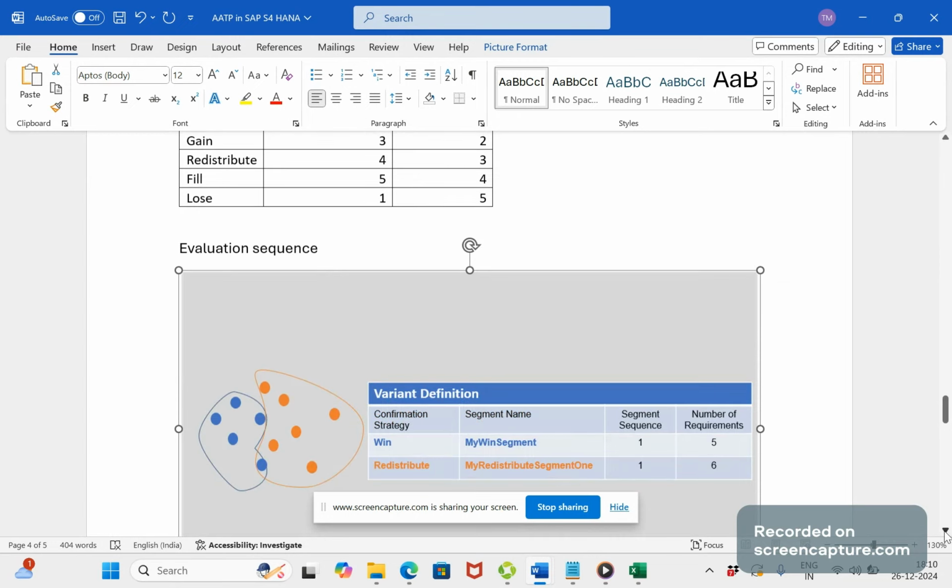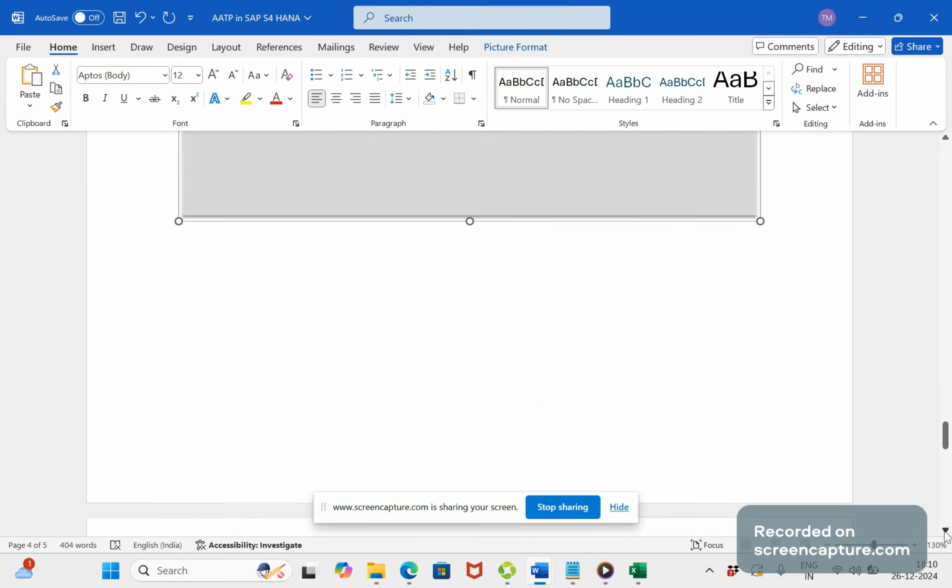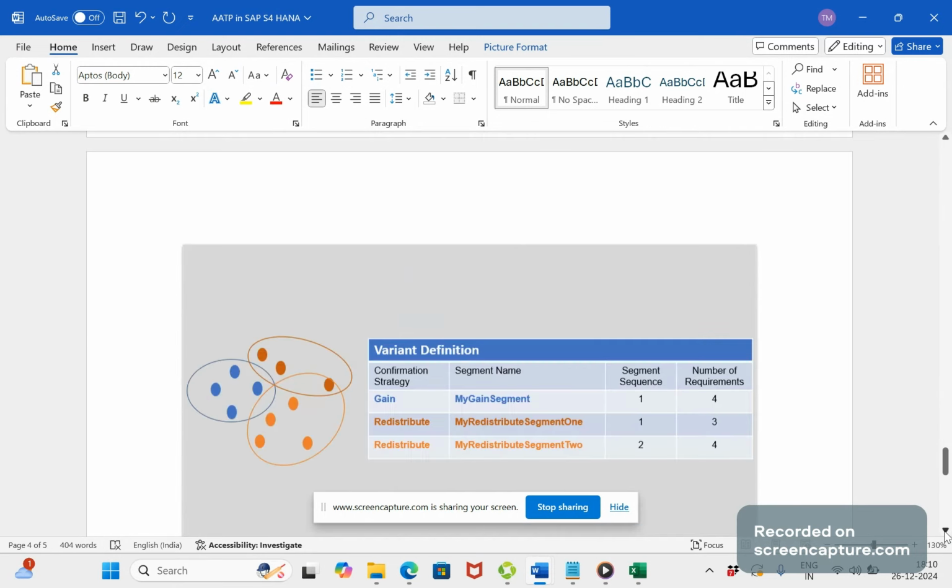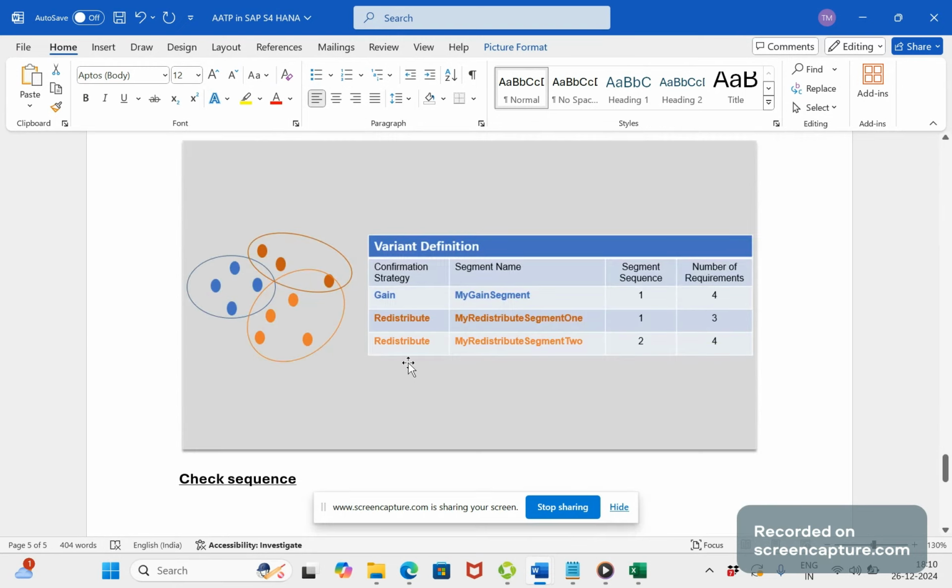Let me give you one more example. You see here under the same variant we have one gain strategy and two redistribute strategies. There are four requirements in that gain strategy, and it has a priority. It has top priority compared to redistribute. That's why it's in the first place. It will be processed first. These four requirements will be processed first. And coming to the redistribute,